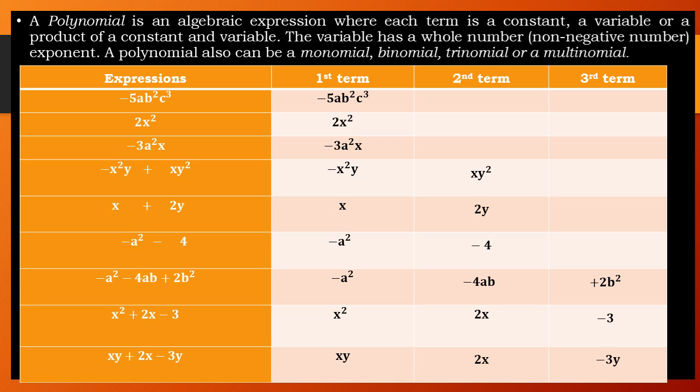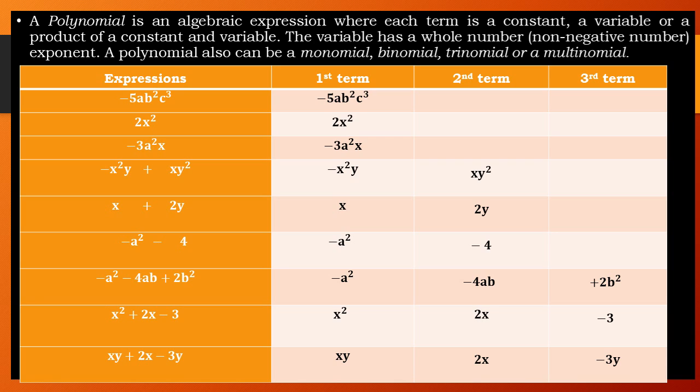Let's proceed with the next example, the seventh example. We have negative a squared minus 4ab plus 2b squared. As you can see, there are three terms. The first term is negative a squared, the second term is negative 4ab, and the third term is